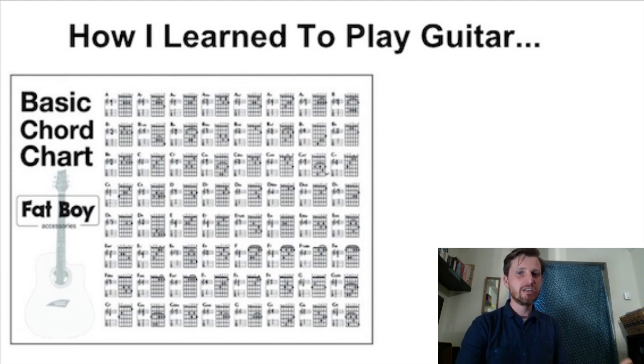So I divided 365 days by 70 chords and realised if I learned one chord every 5 days in a year, I'd be pretty good at guitar. So I started learning these chords and practicing how to play them clearly. And a couple of months in, I didn't quite stick to my schedule, but I was really excited because I could play 7 chords. I had the E, the A, the D, the G, the C, the A minor, and the E minor. The typical ones that people used to learn first, and I could play them okay on their own, but I just couldn't change from one to the other.